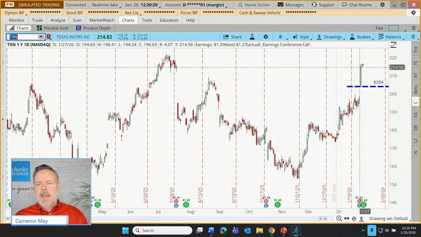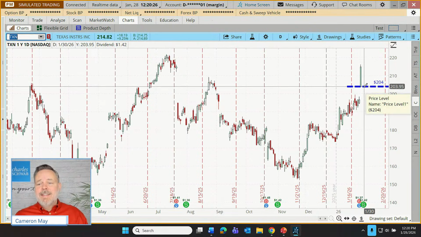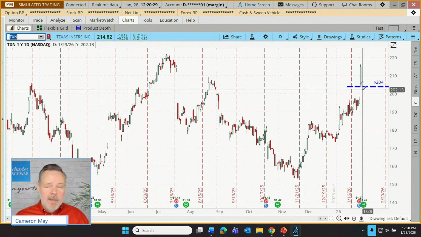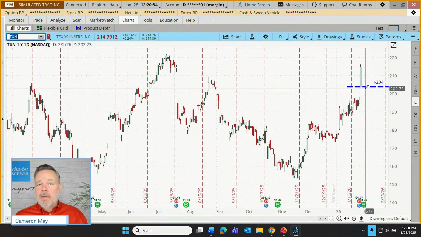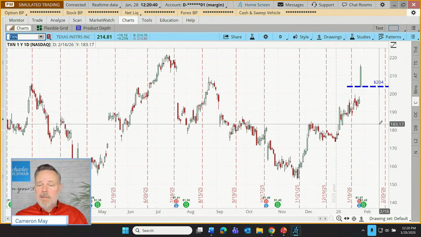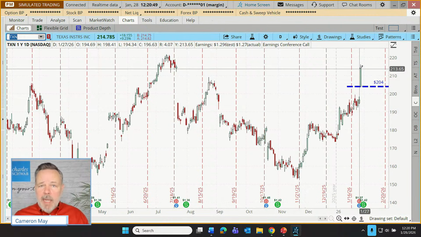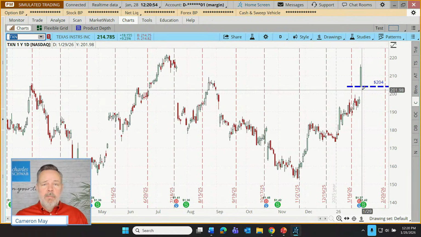But let's also say that they note if price reverses back down to today's lows, starts to go into that gap, what do you technicians know about a common assumption if price falls back into a gap? The assumption might be that the gap is going to fail. It may be a reversal of price. Now, it's not a guarantee. Nothing's a guarantee of what's going to happen next with price. But let's just say that our trader's plan is let's buy right now as quickly as we can. But let's also put in a stop order below 204. How about at 202, where price has maybe more convincingly entered that gap? How do we do that?